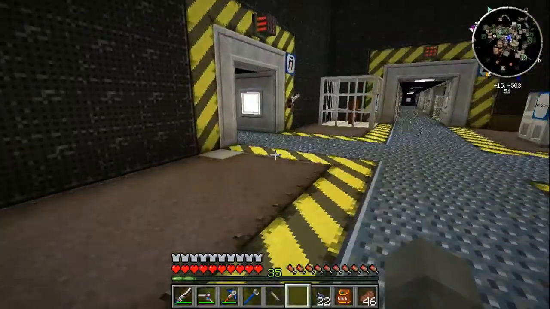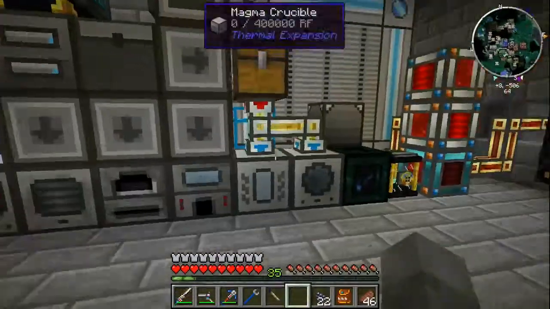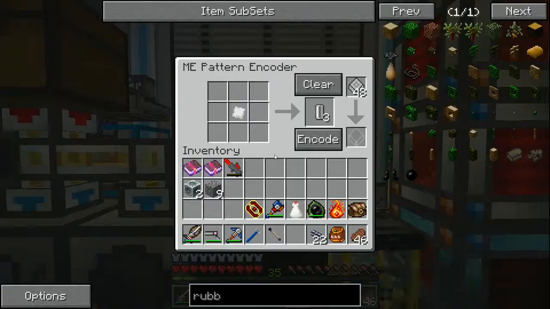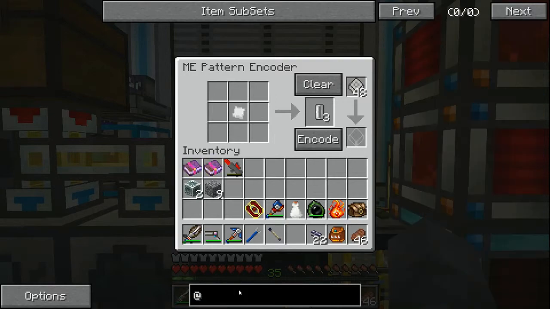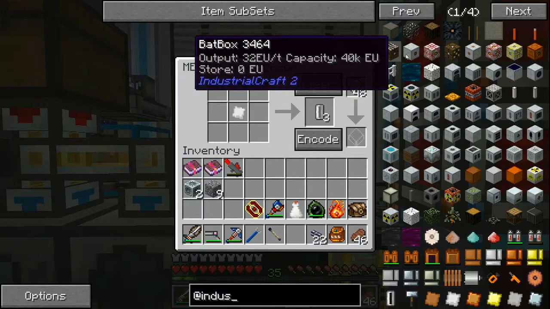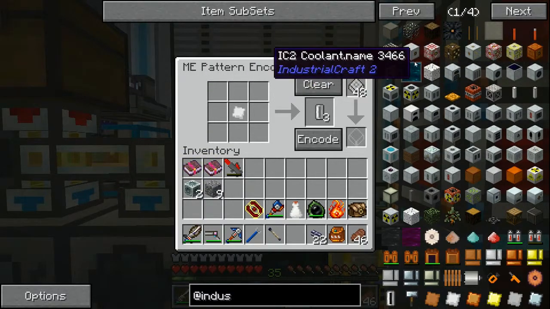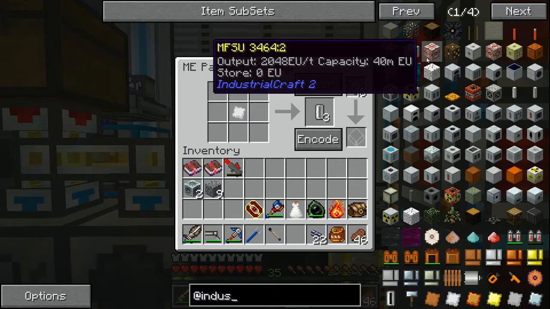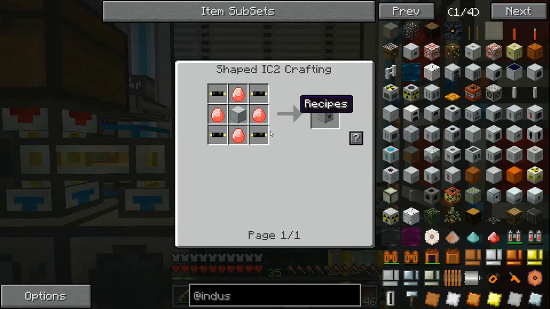So now we can head back up top and start looking to upgrade this entire setup here. So like I said, we're going to want a better bat box. We're actually just going to go straight to the top tier version. So if we look at Industrial Craft, it was the bat box for 32 output, and it was CESU for 128, then 512 for MFE, and MFSU is 2048. We want the 2048. So it does require an MFE, which is going to take a little bit